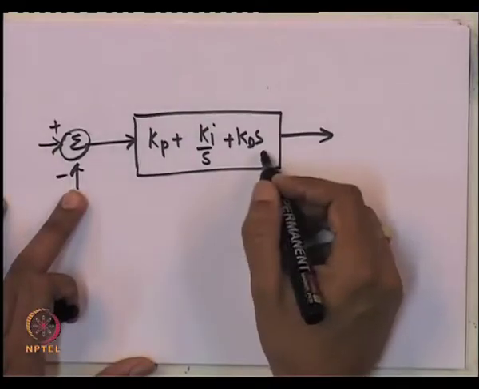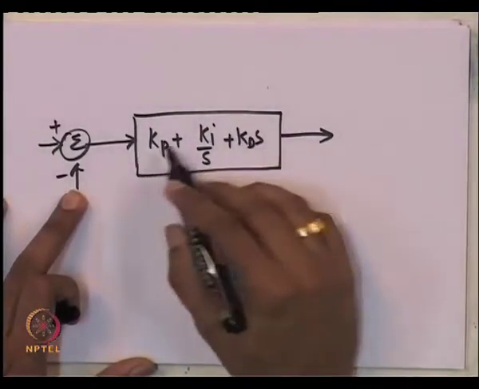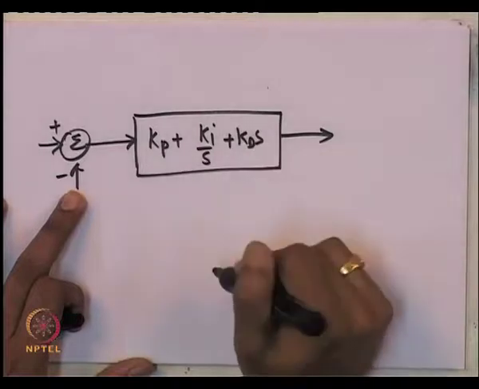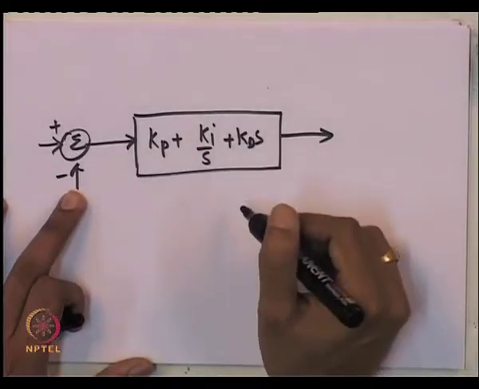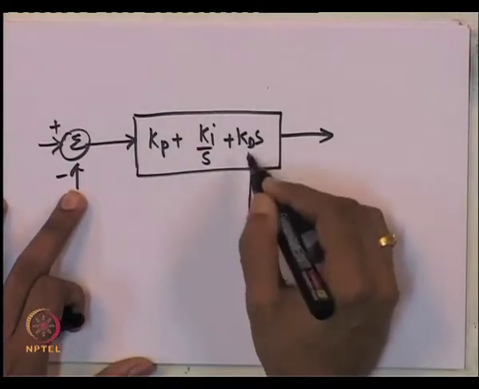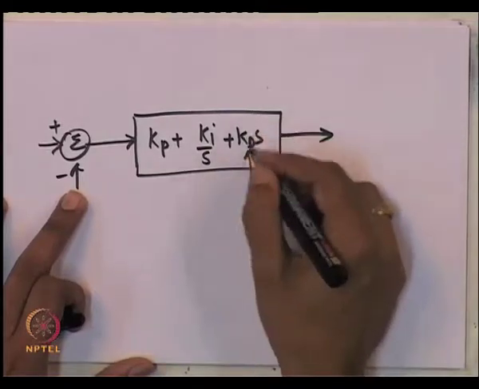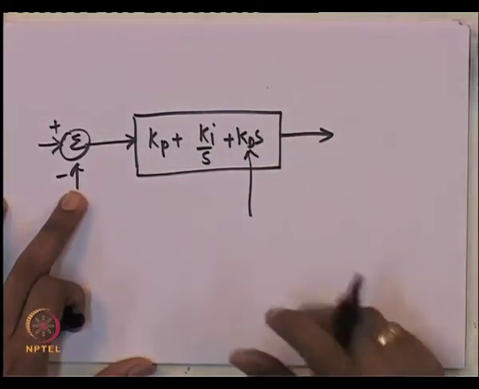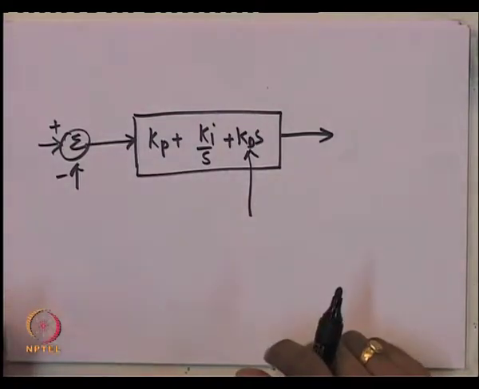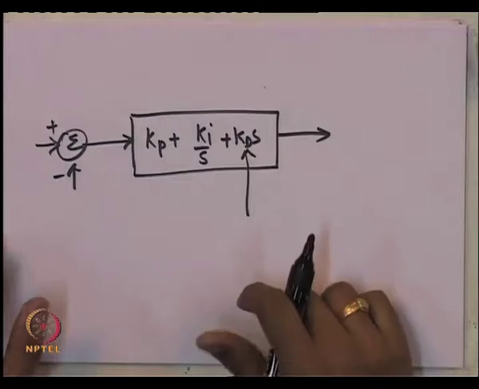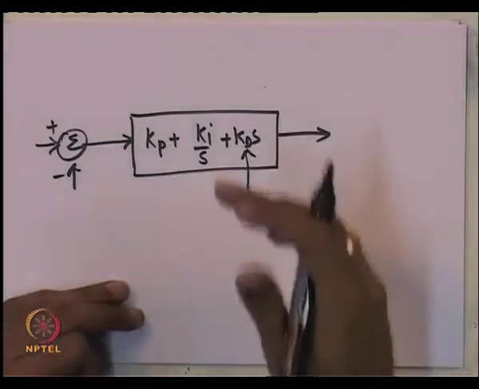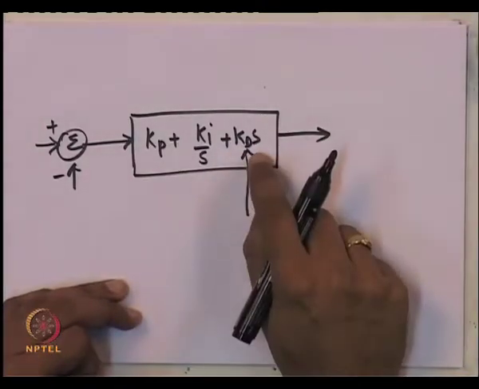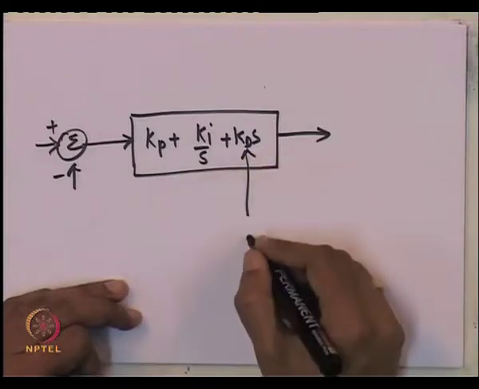Of course, if you look at these components of your transfer function block, there is one point I must make at this point: usually it is not possible, using a causal or physically realizable system, to make a derivative. You can chew on this. You cannot physically realize a derivative function using causal systems. So, in such a case, a derivative is actually